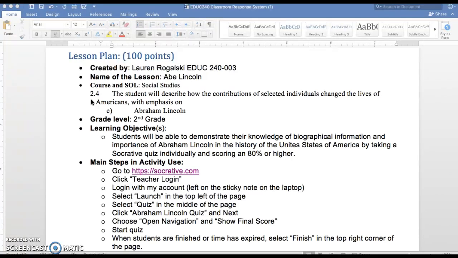and Social Studies. The learning objective is students will be able to demonstrate their knowledge of biographical information and importance of Abraham Lincoln in the history of the United States of America by taking a Socrative quiz individually and scoring an 80% or higher. In order to set up the quiz, go to Socrative.com